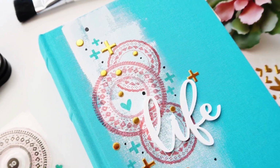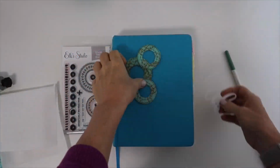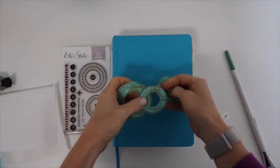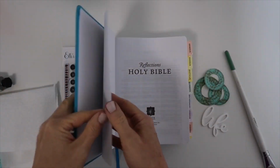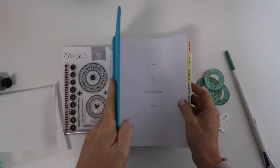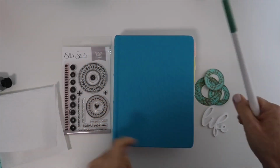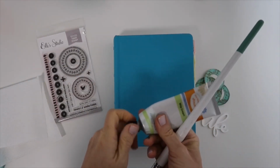I am excited to finally start altering and doing something with the cover of my brand new Bible journal that I got for my birthday back in June. I wanted one with white pages and a little bit bigger margins, so I'm excited to finally dig in. The only thing I've added there are the tabs that I watercolored and adhered to the pages for the books